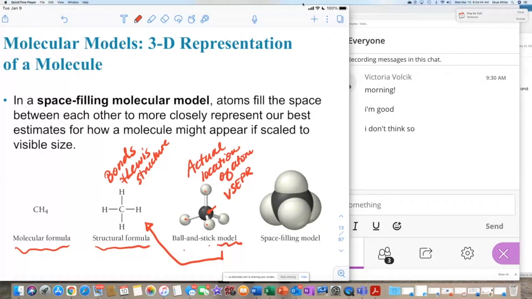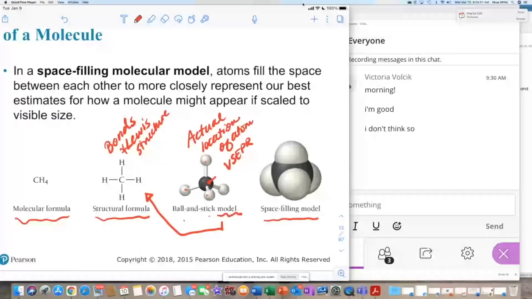In the model, oh yeah, the space filling model. In the ball and stick model, it once again shows you the bonds. The bonds are shown as sticks and the atoms are shown in the shape of balls. In the space filling model, when I said the actual location of the atom, this is showing you the actual